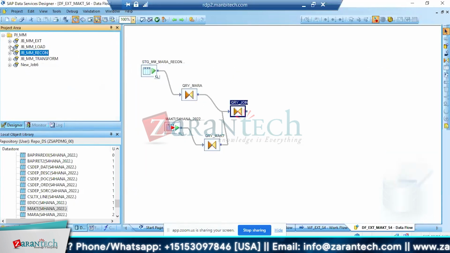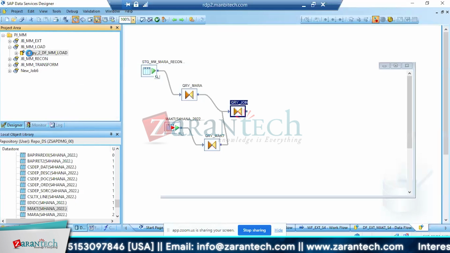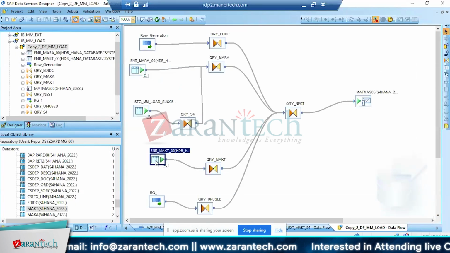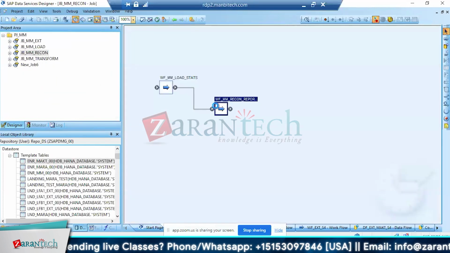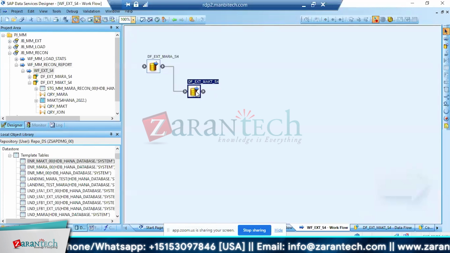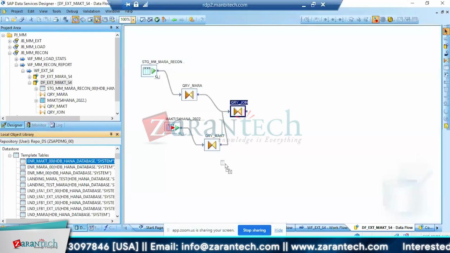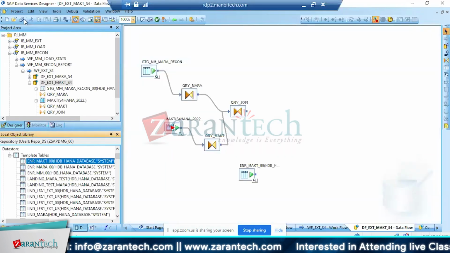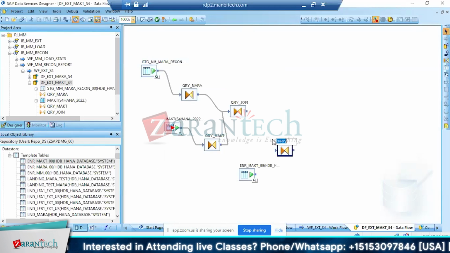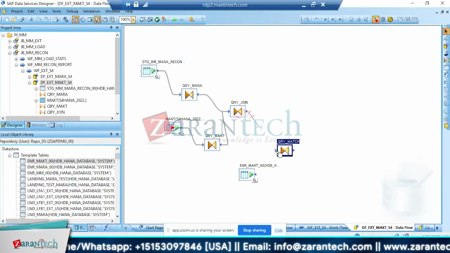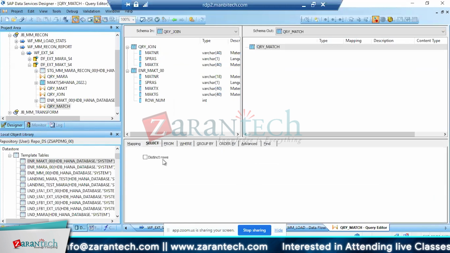What I will do next is get my MAKT enrichment data. This is my enrichment data now, because I have to do a 1:1 check. Now this is my MAKT. Query match. Let me get this here. Let me get this here. And then